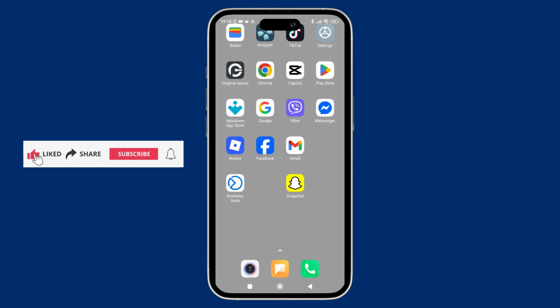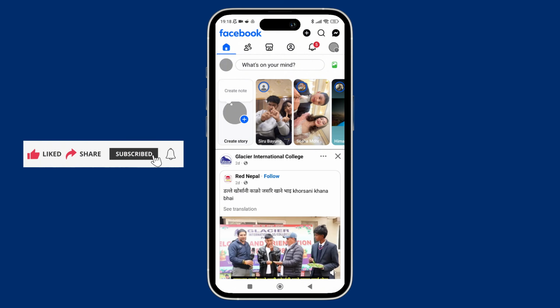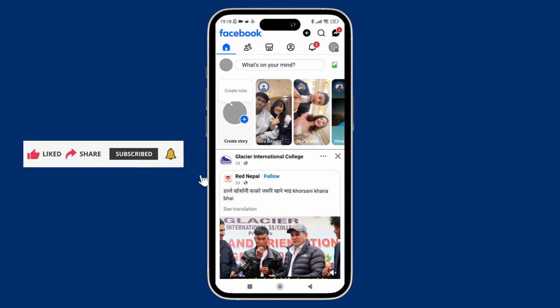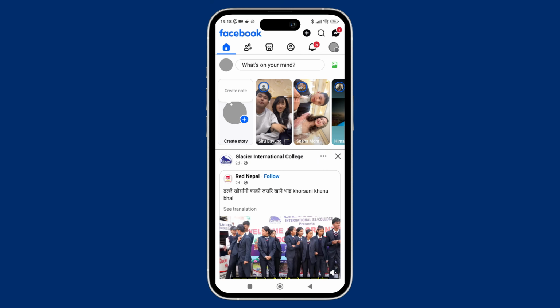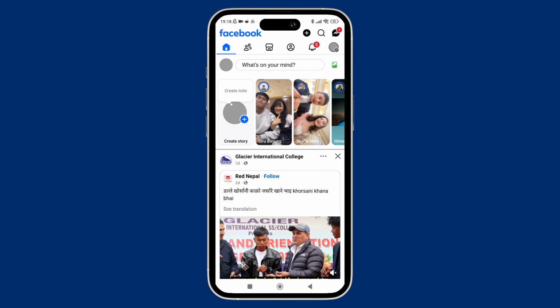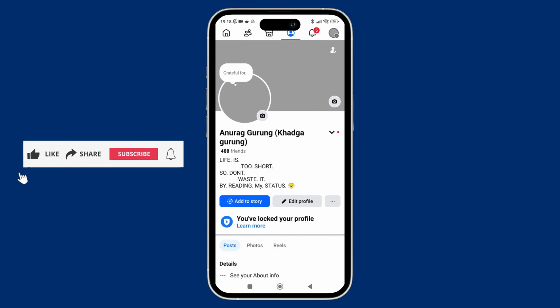So first things first, open the Facebook app on your phone and make sure that you're logged into your account. And now here, once you're inside the app, just tap on the profile icon shown in the top left side of the screen. And now here, once you are in your profile section, just tap on the profile picture